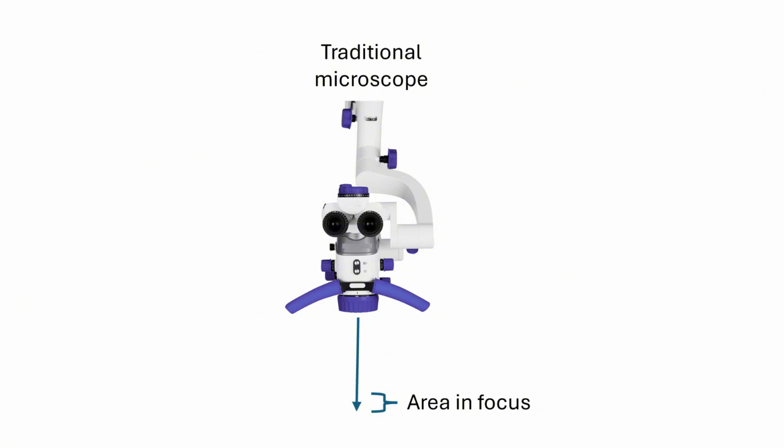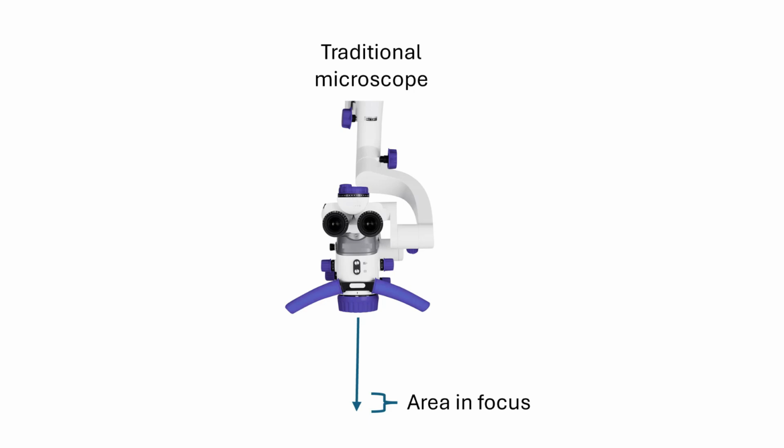Having a shallow or narrow depth of field can have a big effect on how useful the microscope is in at least two ways. First, a small depth of field means that small movements, for instance, small movements by the patient, the operator, or the unit, can cause the entire view to lose focus, which means the operator may have to stop and adjust. Secondly, only part of the screen may be in focus because typically the anatomy is not